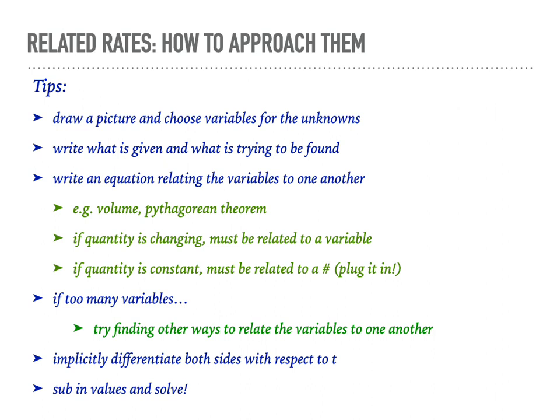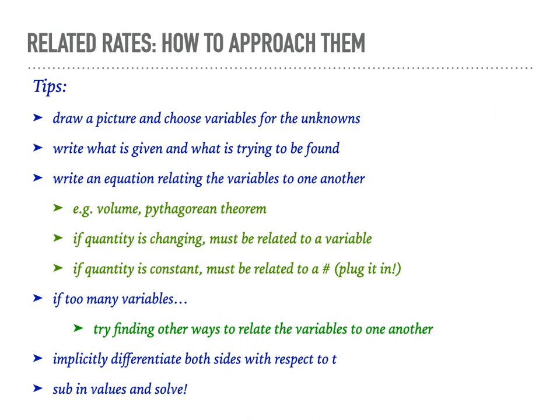Remember, if the quantity is changing, it must be related to a variable. It must be x, y, z, whatever, but it must be some variable. But if the quantity is constant, then you can relate it to the number that they say it is. So just plug in that number, because remember that the derivative of a constant number is 0, and less variables